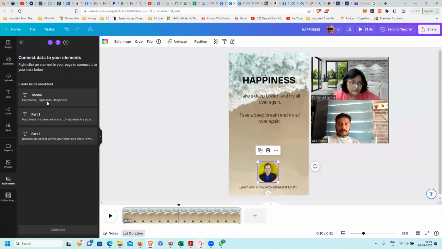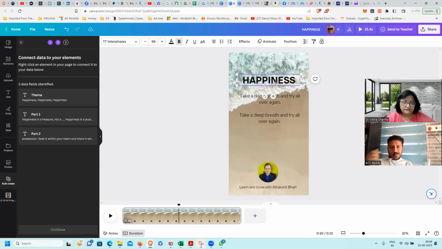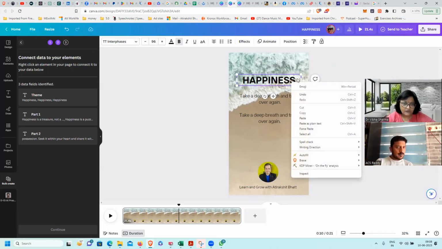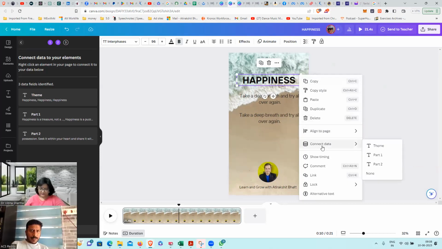Now, as soon as I select that, it will show me there are 3 parts: theme, part 1, part 2. Now I will connect these. So I click on happiness, I do a right click. It says connect data. I'll select theme.